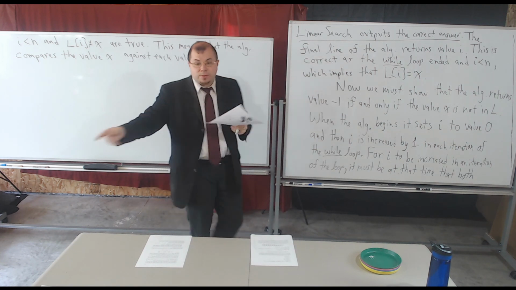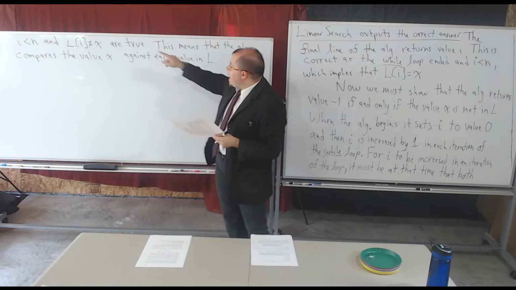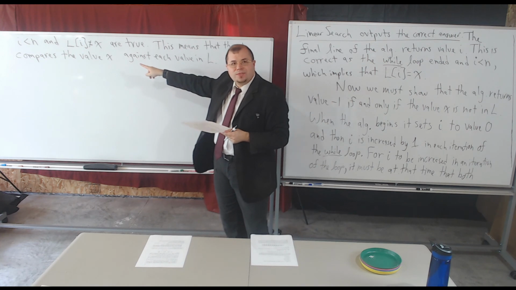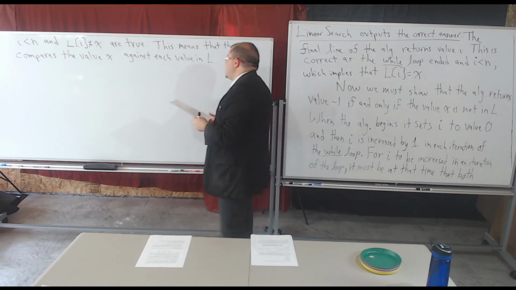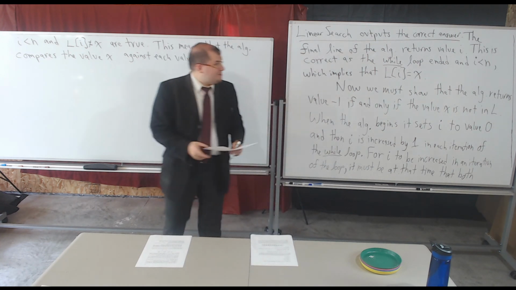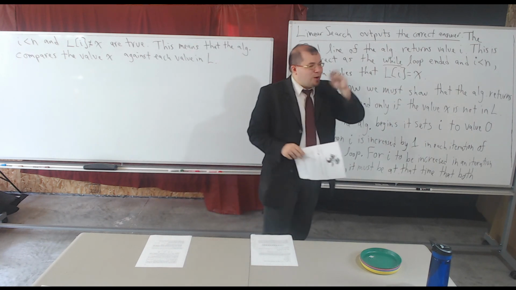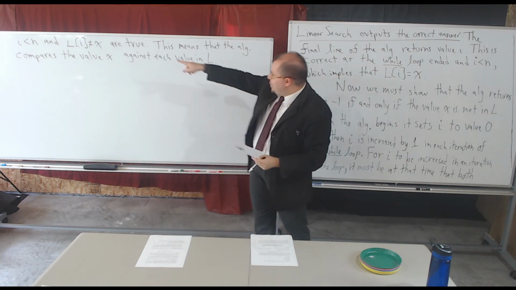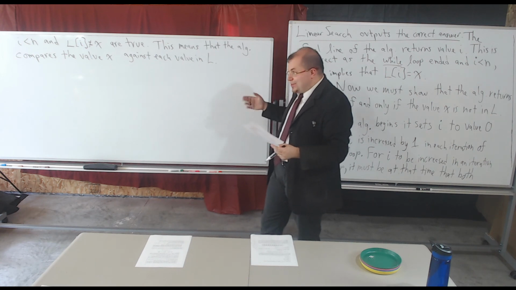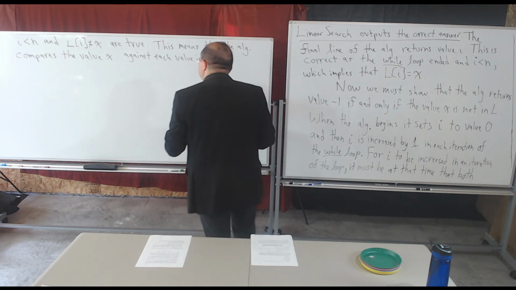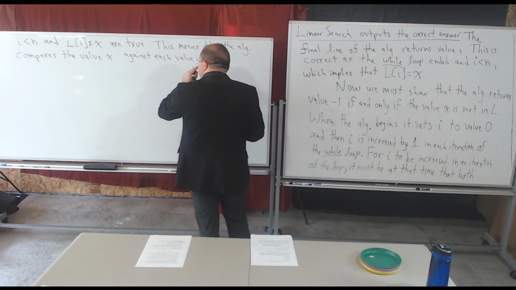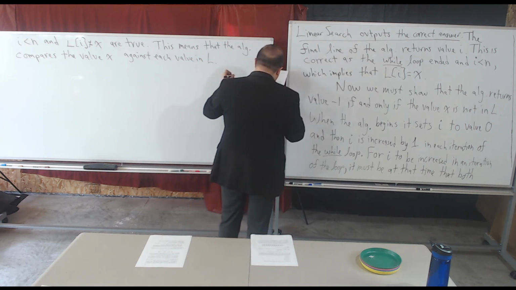Because remember, it scans from left to right, and each time it had to have been that both of these were satisfied. Because remember, we know it terminates. So we had to go through each one of these and it said, hey look, both of those conditions are true, so we're going to keep going and increasing I. So this means that the algorithm compares the value x against each value in L